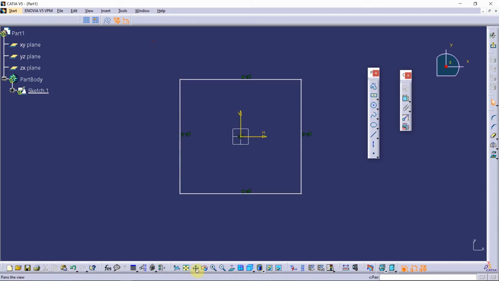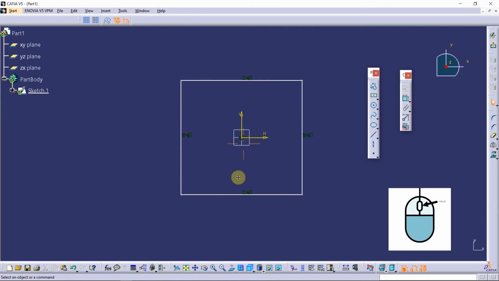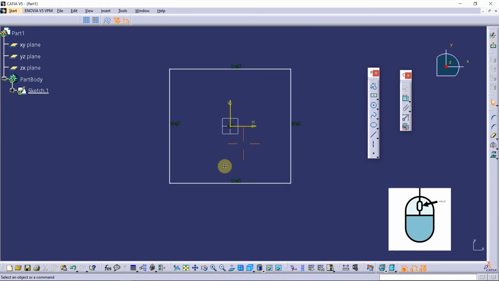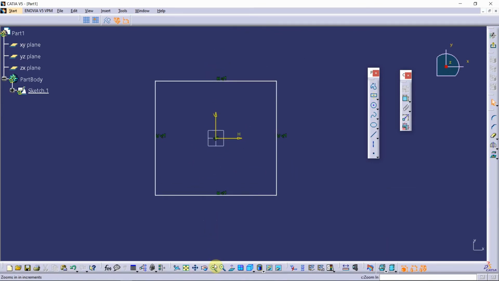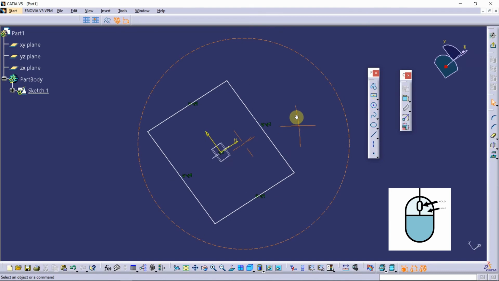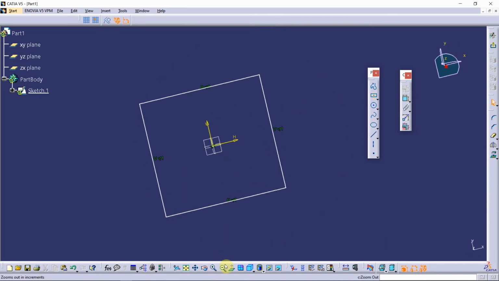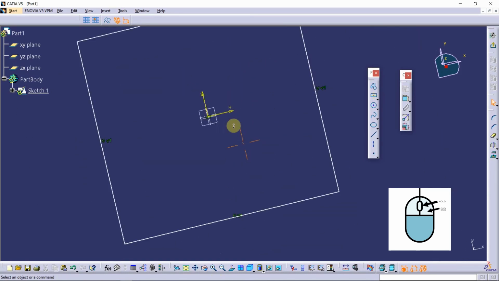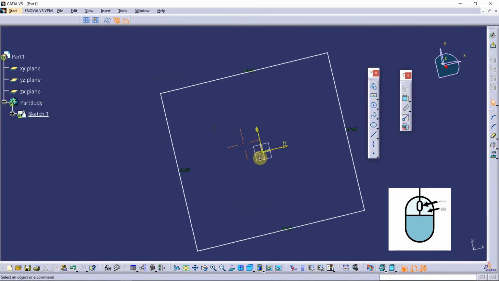And okay, you can do these options like panning, rotating, and zooming with the mouse itself. Let me demonstrate that. In order to pan around, you have to hold middle mouse button, and you can see the cursor changing, and you can move the mouse when holding the middle mouse button. In order to rotate, you can hold middle mouse button and right click both, then you can rotate. And in order to zoom in and zoom out, you have to hold middle mouse button, then right click once, and you can move the mouse up or down to zoom in or zoom out.